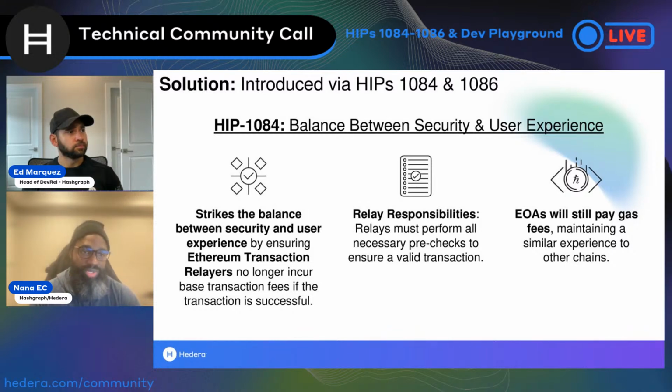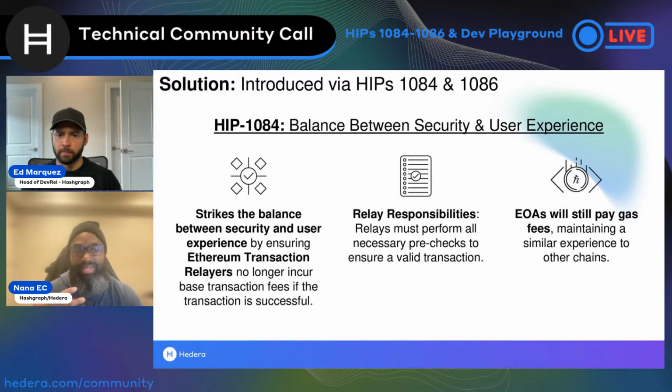And so 1084, let me start with that one, is the zero cost Ethereum transaction on success. And so really what we're saying here is that if we know that an EOA pays gas for the transaction, and that's good, and that's sufficient, then so far as a transaction submitted by a relay to the network is successful, and success here is the EVM processing it, then there's no need to charge for that transaction. And so what this means is that if a relay submits a well-formed transaction that's gone through certain pre-checks and everything goes through and the EVM processes it, then we don't need to charge that relay any fees.